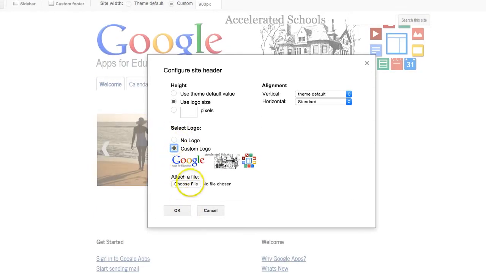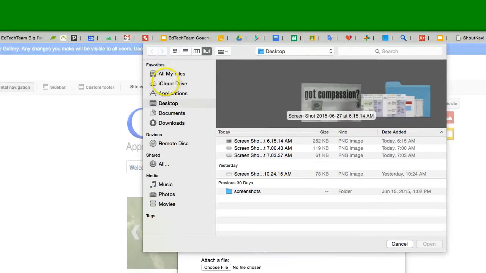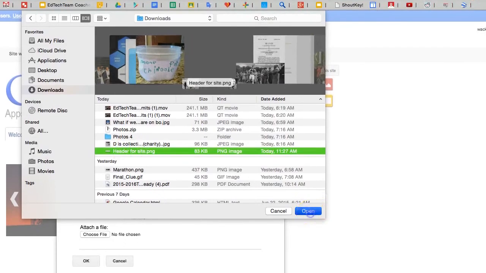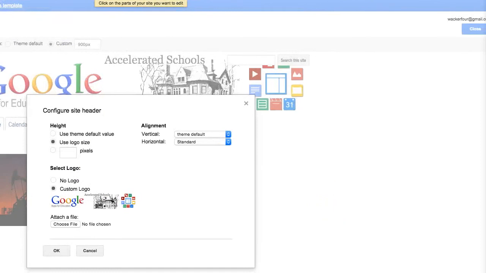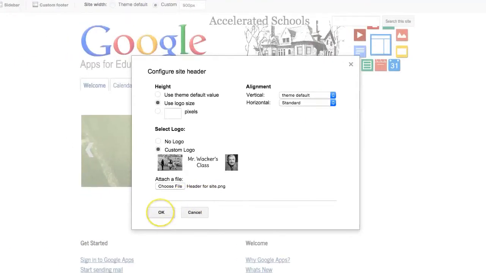Then once you've clicked on custom, you're going to say choose file, and then add that PNG file that you just created. You want to wait a second until it actually shows that it's loaded. Once you can see your new header, you'll click on OK, and it should